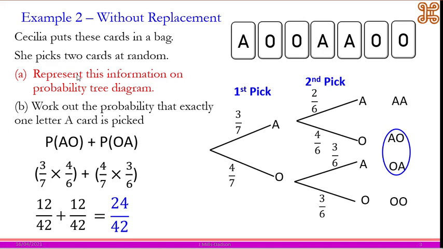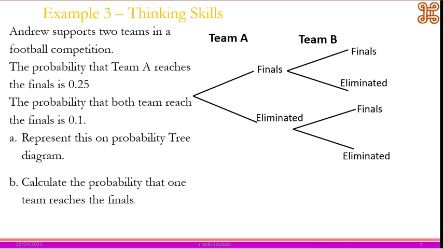Now the next example is not necessarily probability tree diagram without replacement, but it's just a thinking skills involving probability tree diagram. So let's look. Andrew's supposed to